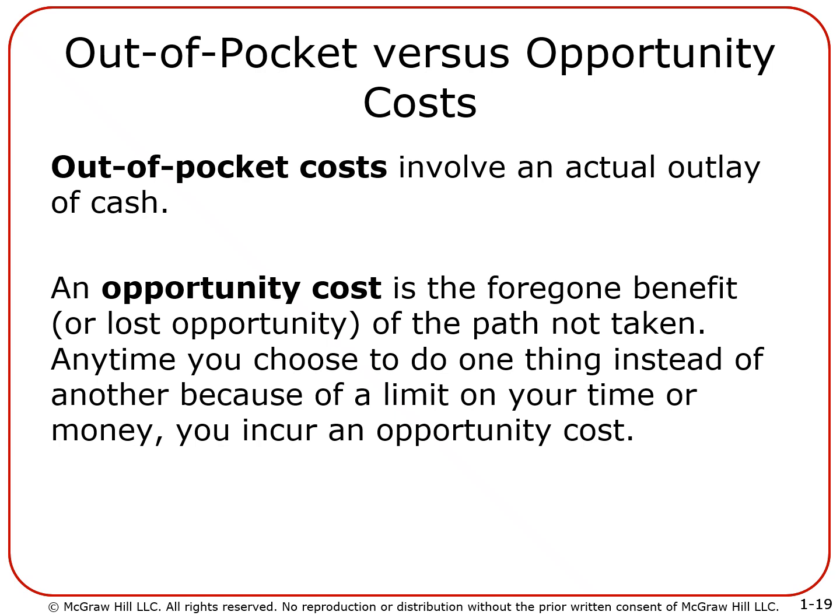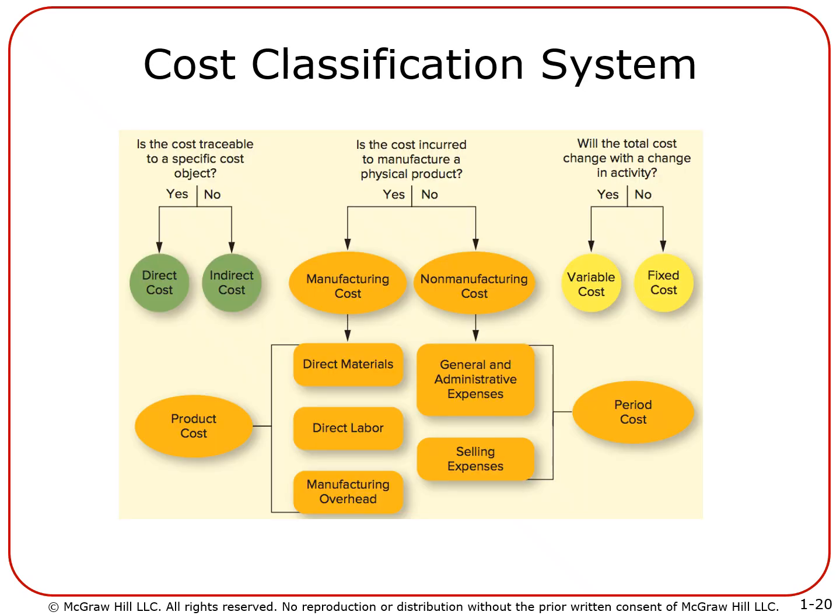So again, later on, when we go over the chapter on relevant cost, we'll be looking at the application of out-of-pocket versus opportunity cost a lot. So that basically concludes our discussion on chapter 1. Sorry, there is just one more thing here to discuss. Here again, it's nothing new. This is basically a summarization, a graphical way to present. So if cost is traceable, we are calling it what? Direct cost. If it's not, then it's indirect cost.